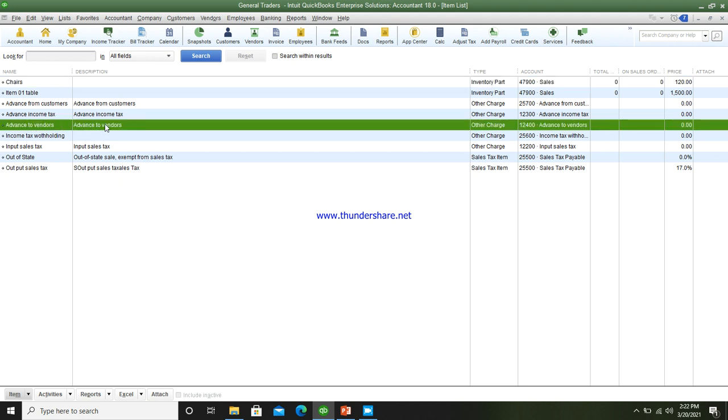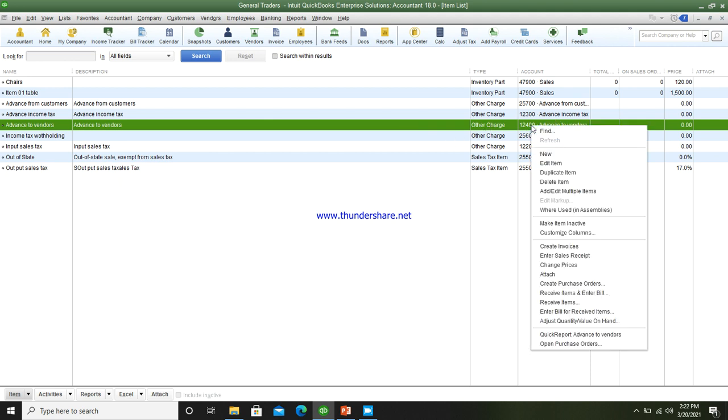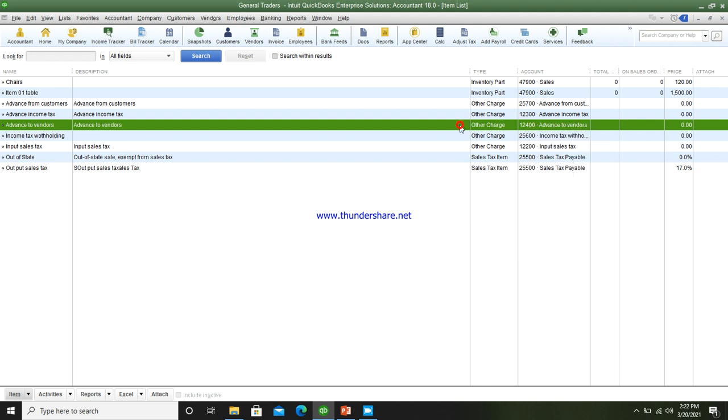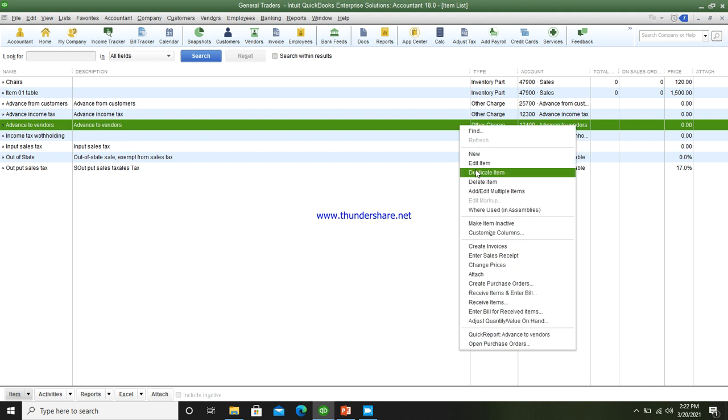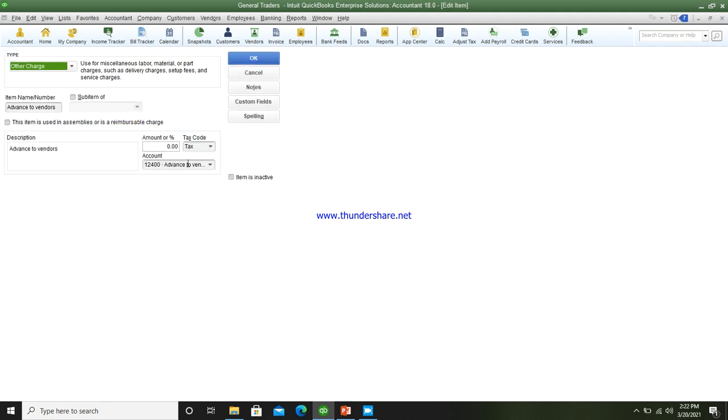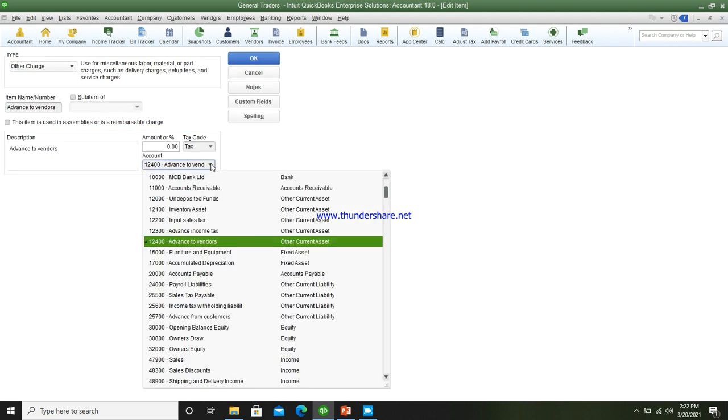I have given it the type of other charge, and I have mapped the account of advance to vendors in the chart of accounts to this item. Let's check it out. Here I have already mapped this item to the advance to vendor account in our chart of accounts.